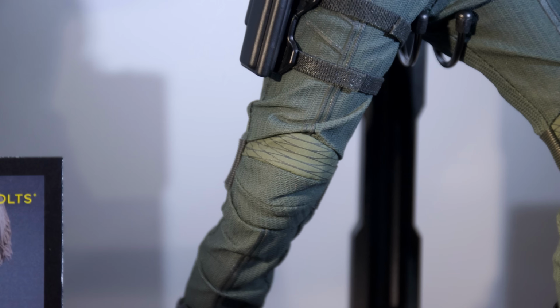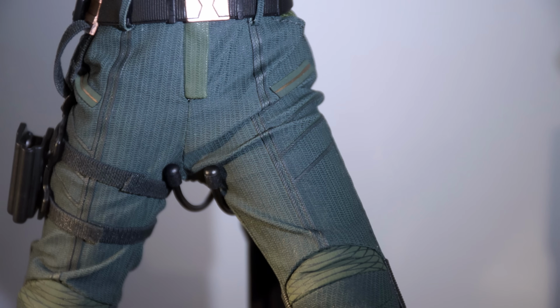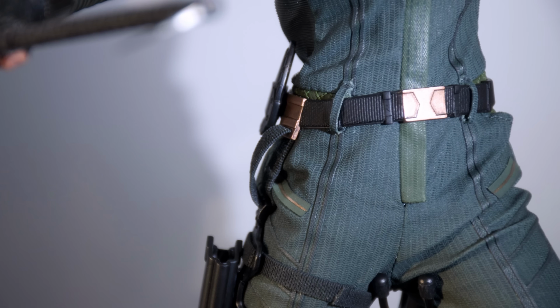Speaking of creases and damage, the first Yelena was wearing a nylon suit, so you could pose her a lot, no problem. But this suit, it looks screen printed. Not heavily enough for it to worry me. I don't think it's going to restrict her in terms of being able to get her in poses. It's more the leaving her in poses side of things, because what screen printing does, depending on your climate and the temperature in your collection room,